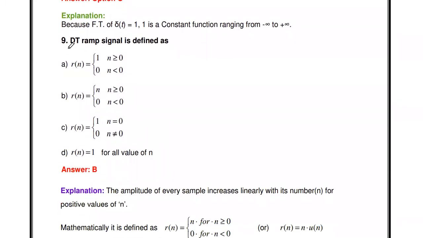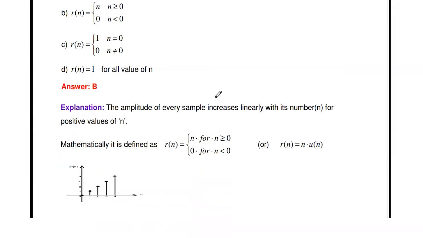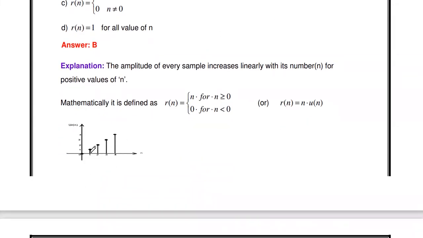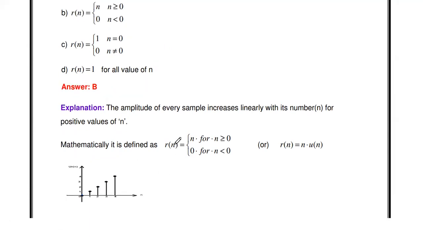Then the next signal, the discrete time ramp signal is defined as dash. So there is a third standard signal, the ramp signal. The name implies the shape of the ramp signal is like a ramp. You see the ramp signal is a linearly growing signal. At time n equal to 0, the amplitude is 0. At n equal to 1, 1. N equal to 2, the amplitude is 2. N equal to 3, 3, 4, 4, etc. So the amplitude is linearly growing. That's why the signal is called a ramp signal.